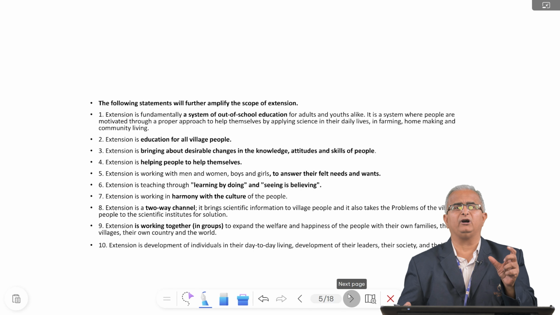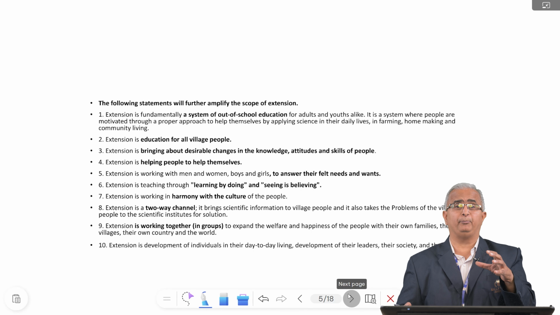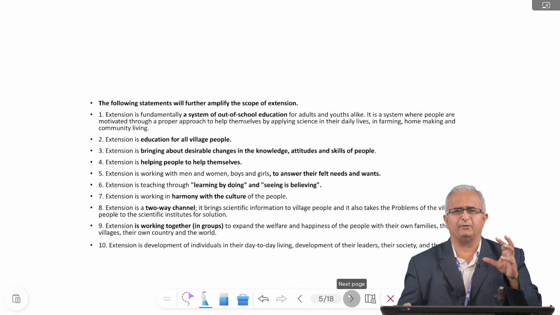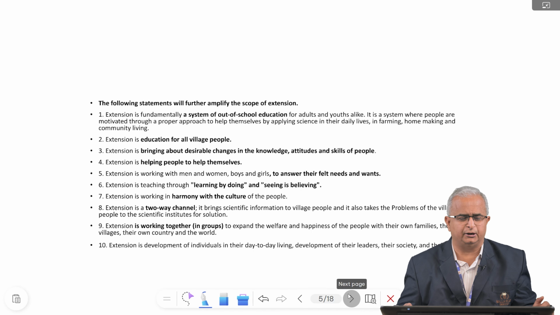And skill sets. What is meant by skill? It is nothing but doing a particular thing. To improve their skill sets also, the subject lies, that is nothing but extension education. Here we are helping the people to help themselves. Once we help them, automatically they can do their own activities. That is the subject or the content of extension education.